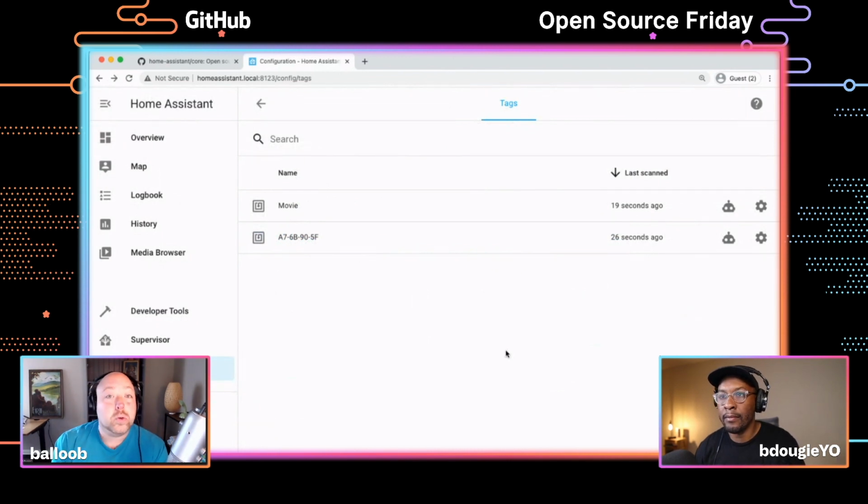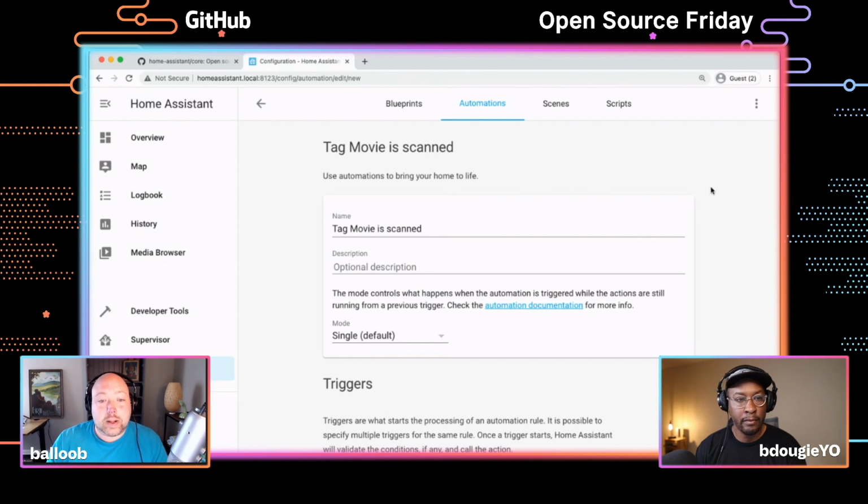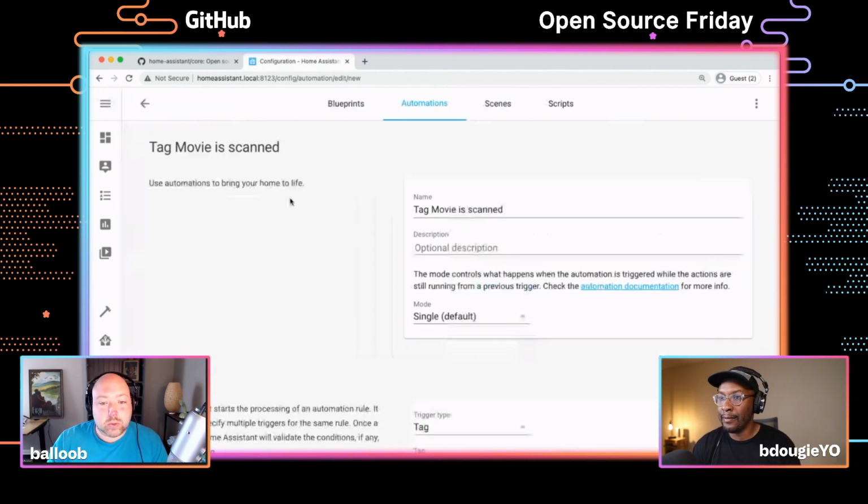You'll be able to use the Home Assistant app also to scan these cards and also trigger the same thing in Home Assistant. So either you can use a tag reader or your phone, tap it, and it will do some automation. So now I'm going to do a quick automation with this. To automate it is also super easy. We just click on the robot. And it says, OK, when a tag movie is scanned,